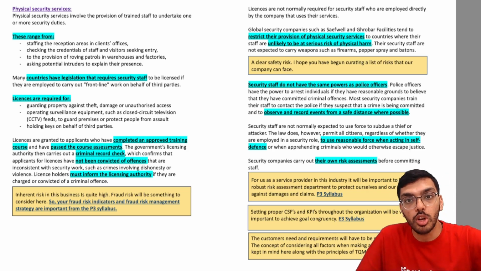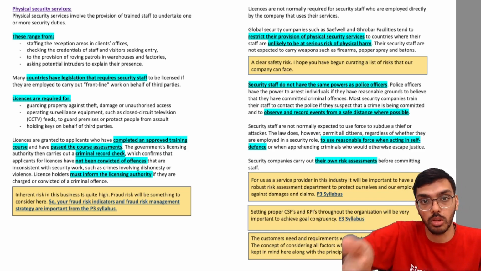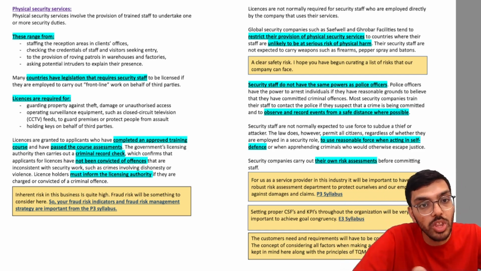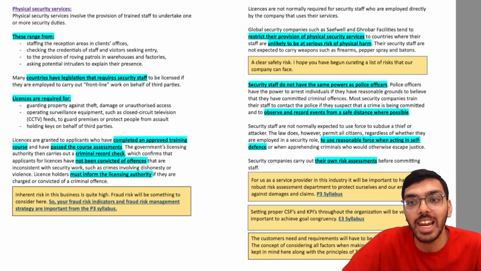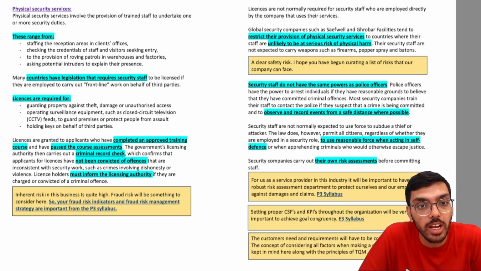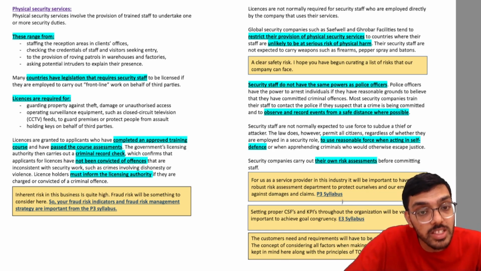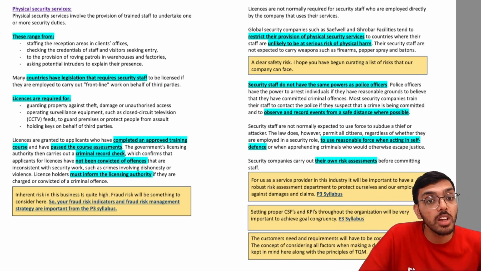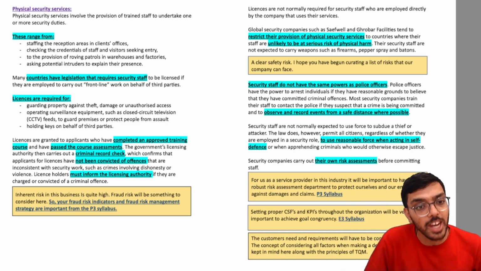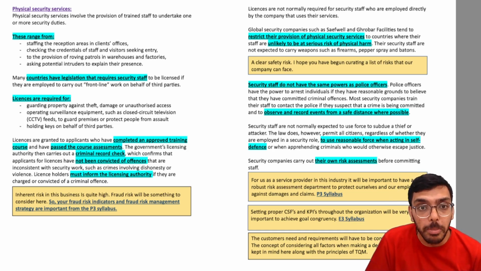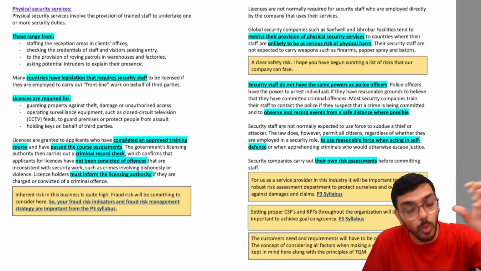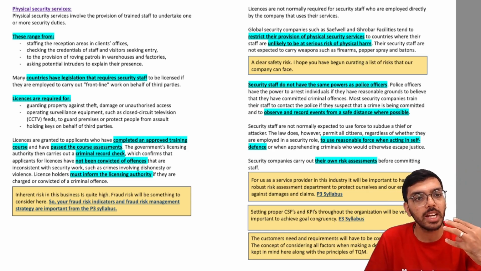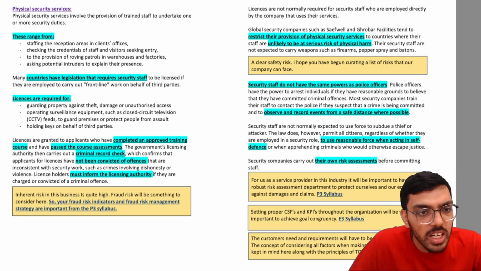Fraud risk, like I said, for example, the employee not giving you their license or giving you a fake license which you have not been able to check is a fraud that occurred within your organization, is a malfeasance that occurred within your organization. So inherent risk in this business is quite high, and fraud risk in many different ways. Fraud risk indicators, fraud risk management is something very important from your P3 syllabus. This is just one example, one scenario that I gave you which came to my mind, but they can ask fraud risk in many different ways to you.